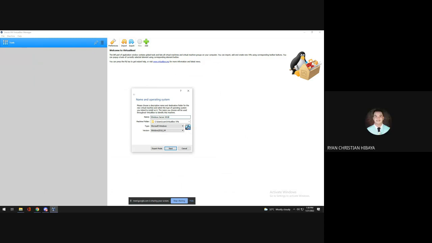It's 2016. Wait, if you cannot see the version OS 64, it's 64, right? Ah, it's there. So we don't need that. So next, next, next. Then issue resolved, then next. The memory size is